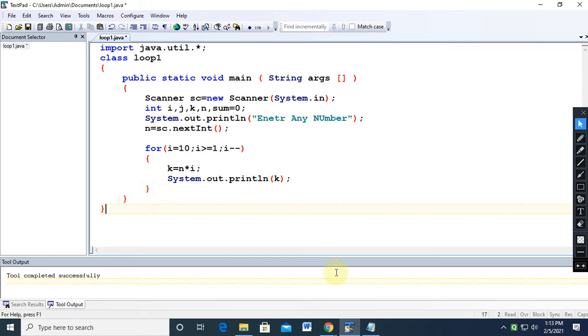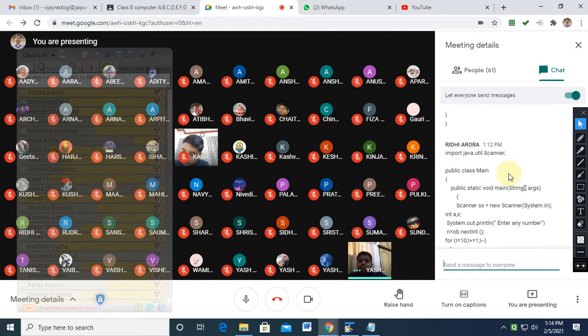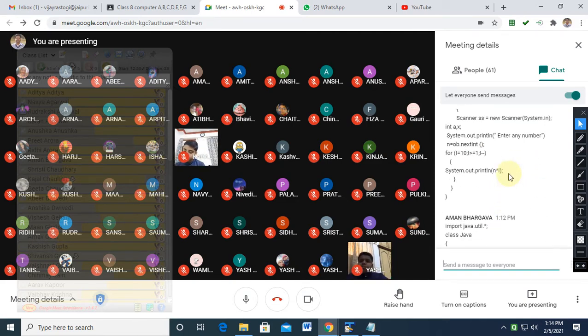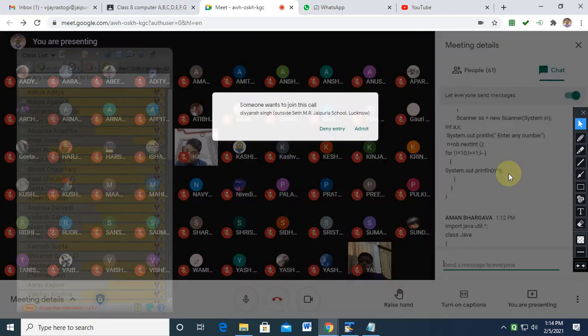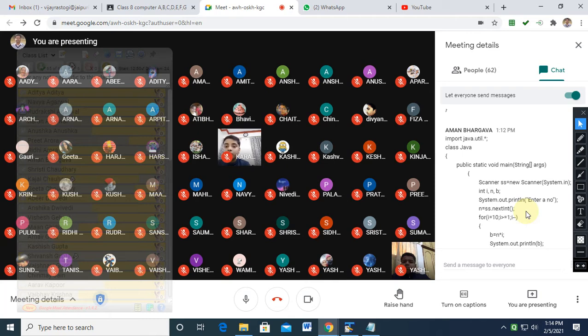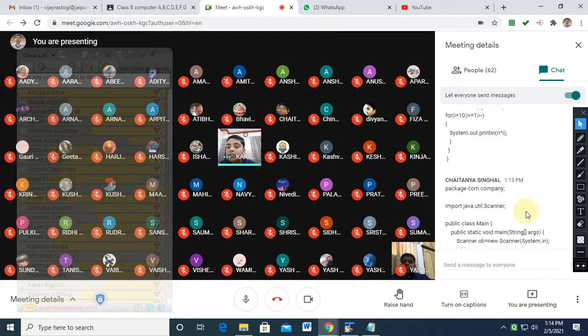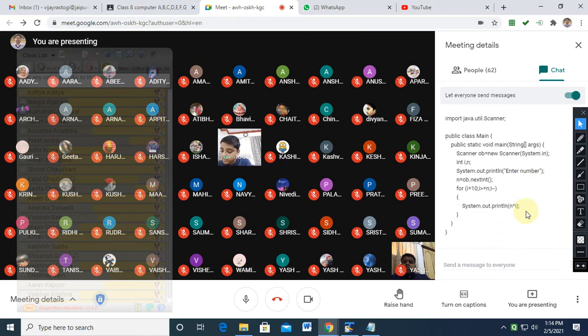Sir, I posted again. Sir, I got a mistake. Riddhi, yours is correct. Aman Bhargav, absolutely fine, beta. Yes. Sir, I use I is greater than equal to 1. Beta, I equals to 1 is wrong. No, sir. Sir, I think that's why we are using I is greater than equal to 1.